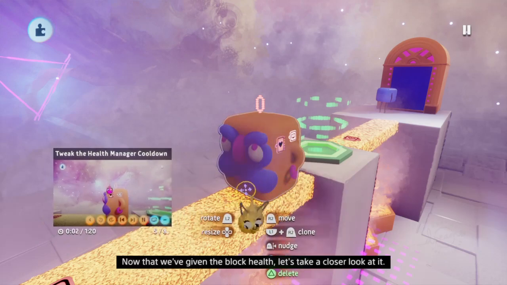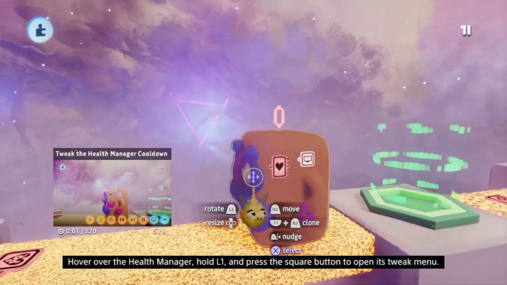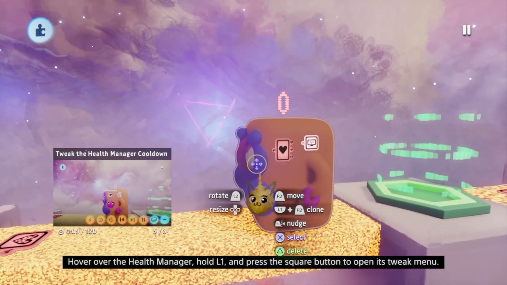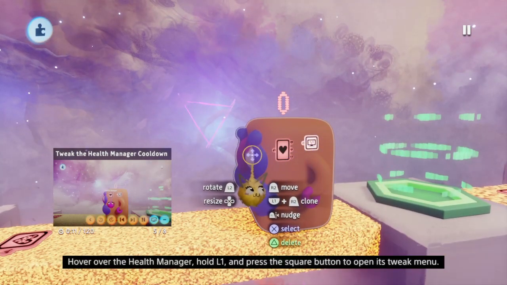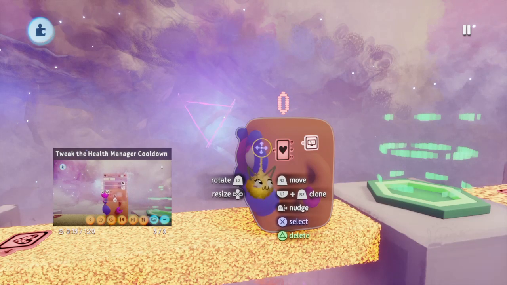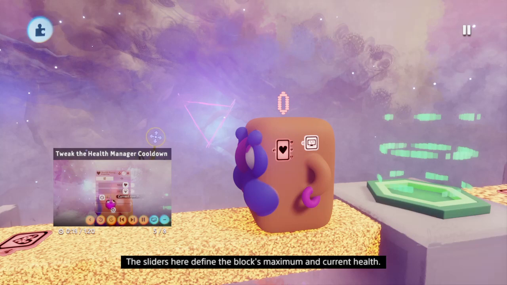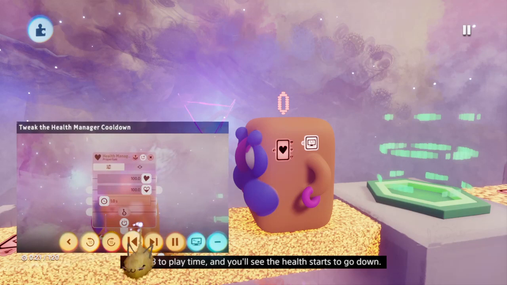Now that we've given the block health, let's take a closer look at it. Hover over the health manager, hold L1 and press square to open its tweak menu. The sliders here define the block's maximum and current health. Click R3 to play time, and you'll see the health start